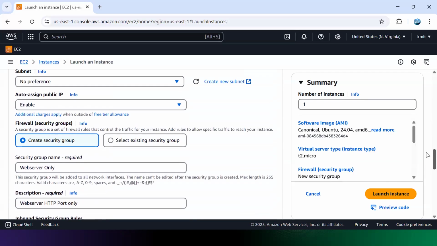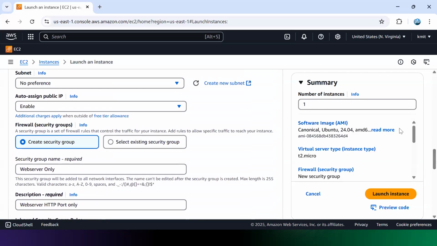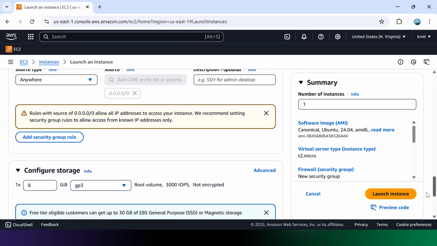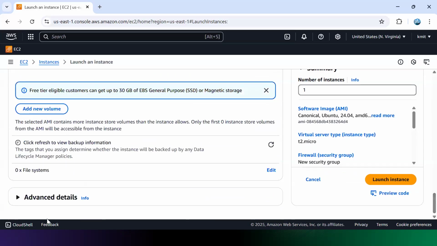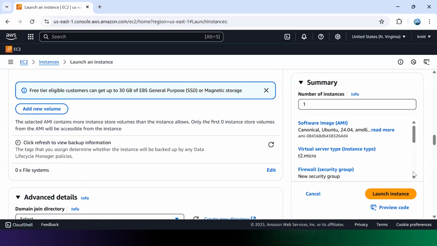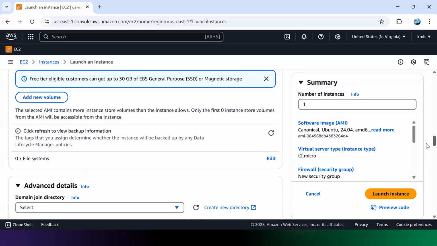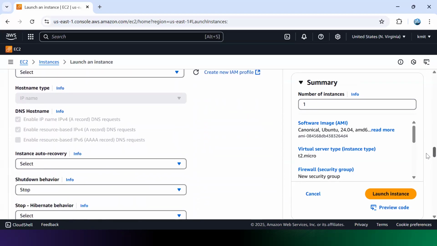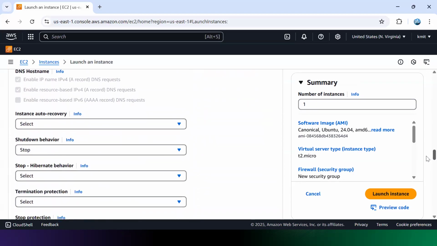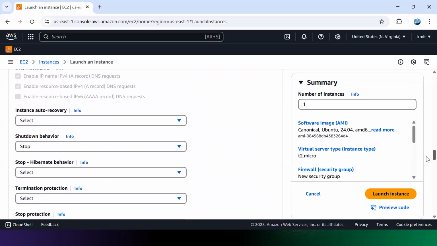8 GB space is fine, and I want to create one instance. Now, what you need to do, how to run that script? You need to come to this advanced details. Under this advanced details, you will find a lot of other options. So you can decide that